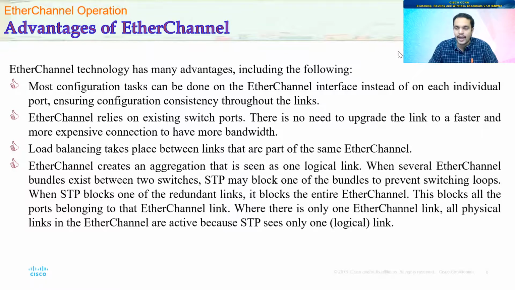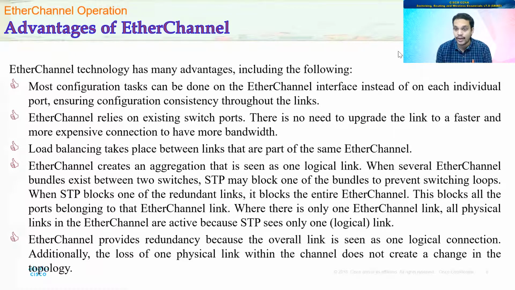What happens now if there are two EtherChannel interfaces between the switches? STP might block one EtherChannel interface, whereas the other one is kept active. When I call it an EtherChannel interface, it is nothing but a collection of multiple physical interfaces. So even though STP might block one link, the second port channel is active. That means I can have multiple physical links carrying the data between two switches, thereby increasing my bandwidth while still providing redundancy.